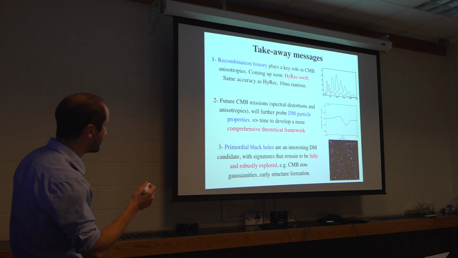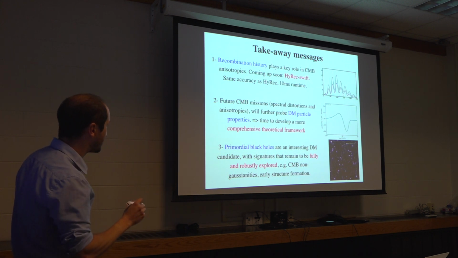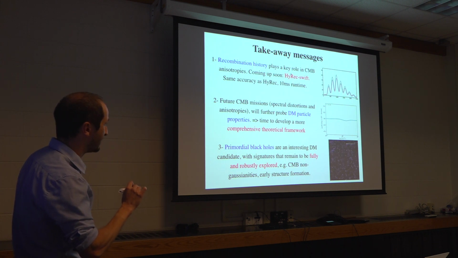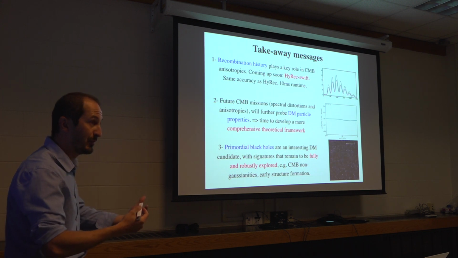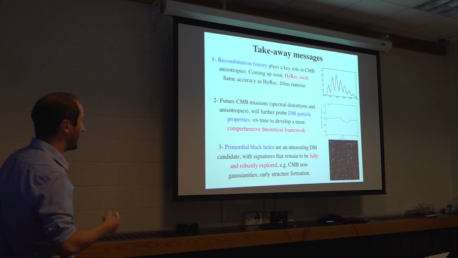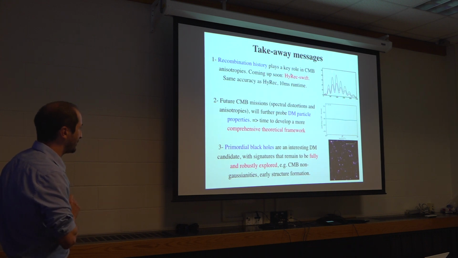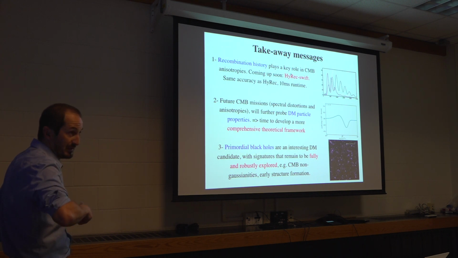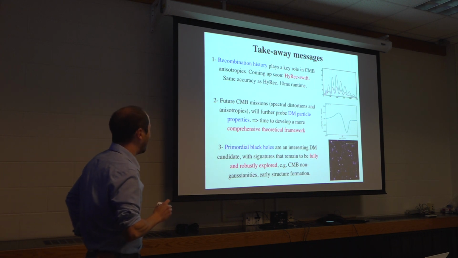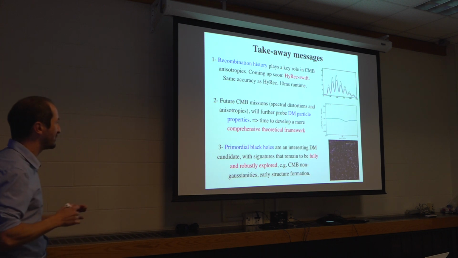I told you how CMB spectral distortions and anisotropies could set limits on dark matter particle properties, and I think that it's time to develop a bit more comprehensive theoretical framework going beyond a simple ideal fluids approximation. And lastly, primordial black holes are, I think, still a very interesting dark matter candidate, or interesting thing to think about, and their signatures still remain to be fully